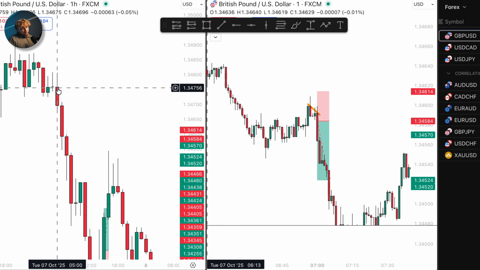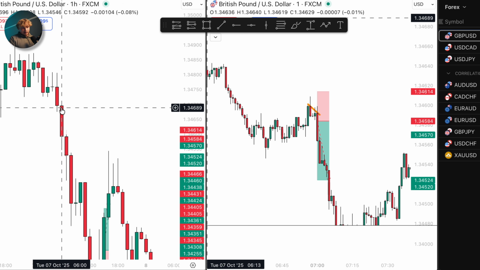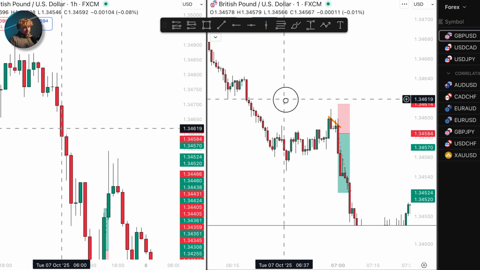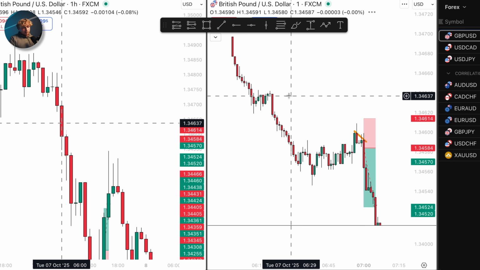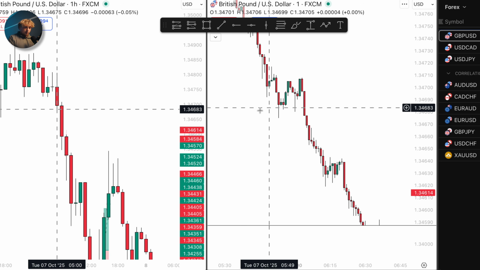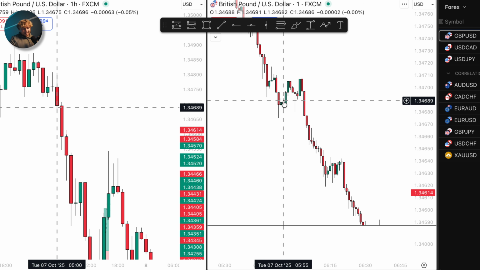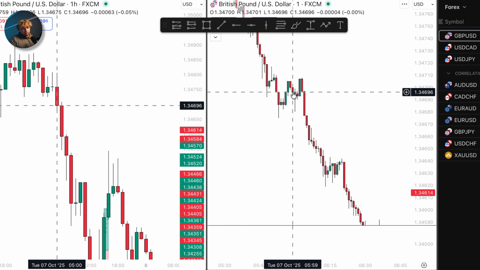So like I say, we have this bearish candle close from 5 till 6, which means when the 6 till 7 candle opens, we will be looking for a continuation of that bearish momentum and we will be looking for sells. Now when the 6 o'clock candle did open, I didn't see any entries personally,